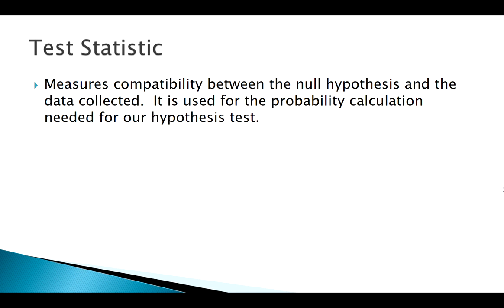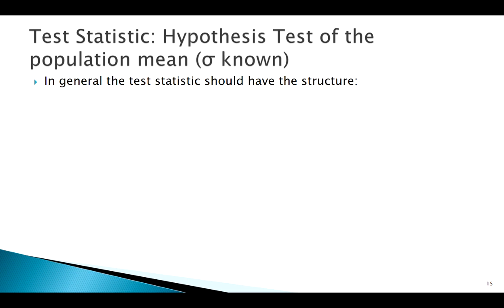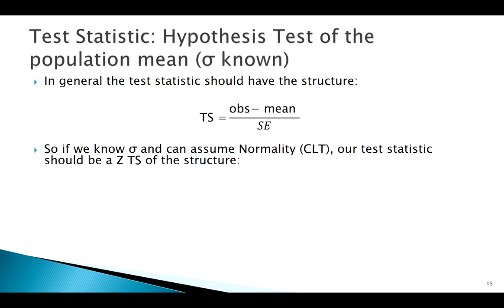Remember, we're assuming the null is true, so how far away is what I observed from what I was expecting? And we already have a tool for telling us how far away something is when we're dealing with the mean. In general, we know what a z-score looks like, and it's very similar to the idea of a test statistic. In general, we take whatever we observe, we subtract the mean, and we scale by the standard deviation or the standard error. Here we're going to start by dealing with situations where our central limit theorem holds,